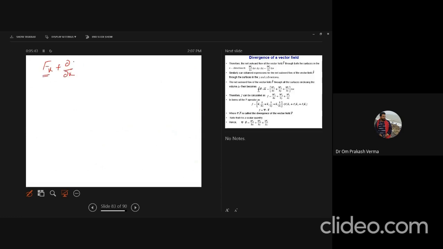Then first derivative of that variable, right? Around what are we doing this? First we are taking the positive direction. In the positive direction, let's say this is the point. So first we are taking the positive x direction, then we'll take the negative x direction, then we will take the y direction positive, then the negative direction of y, then the z direction, right? And then the negative z direction.